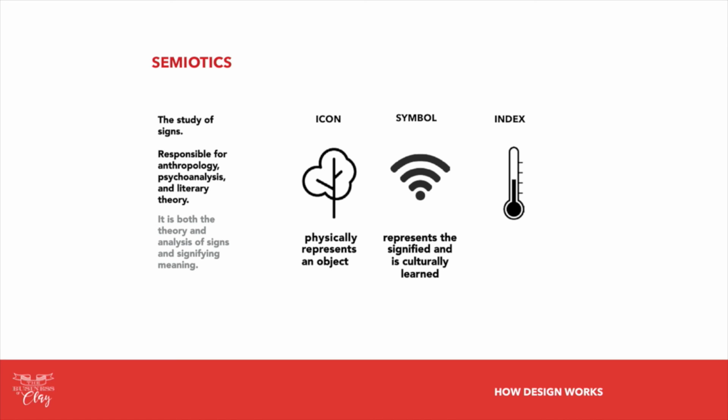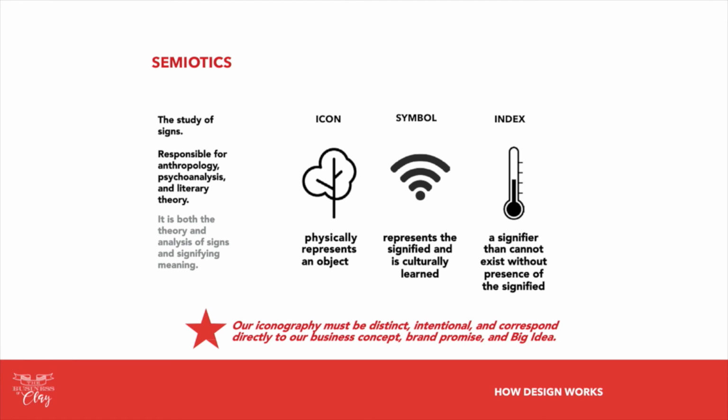We know now that this is Wi-Fi. 25 years ago, we wouldn't have known this at all. Lastly, there's an index. This is a signifier that can't exist without the presence of the signified. We understand that this is temperature. I mention this because as we create our brands, our iconography must be distinct. It can't just be our signatures on the bottom. Our intention, they must be distinct and correspond directly to our business concept, our brand promise, the thing that we